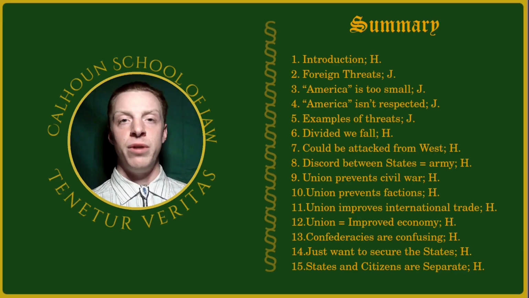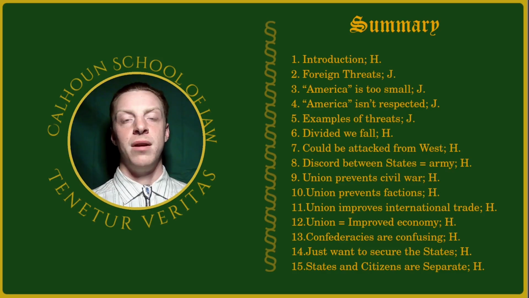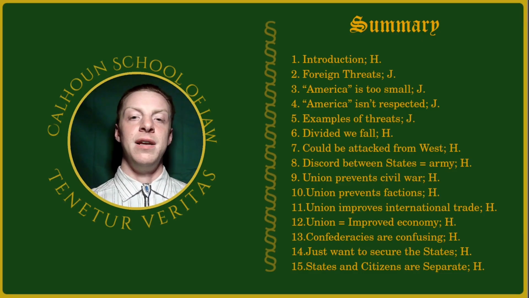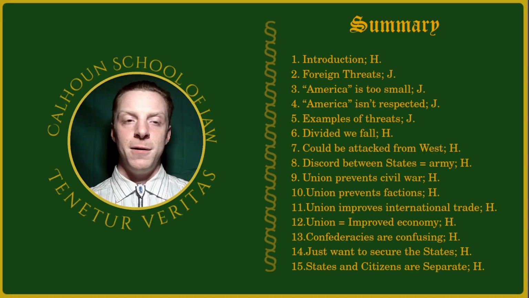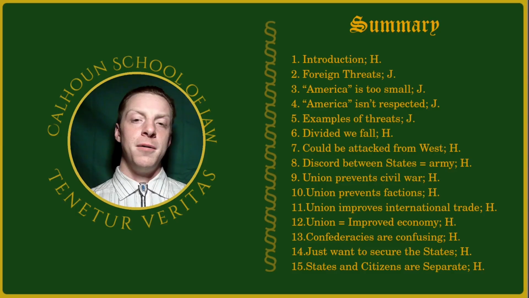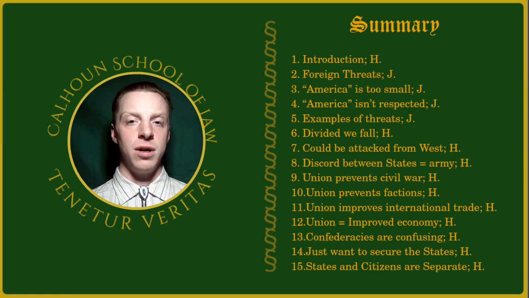Next, number 3, which is written by John Jay as well. America is too small. He was arguing here that the new government would provide an avenue for garnering respect for America, for the United States, for the 13 states, for the 13 colonies. He said if we continue on this path of division of independent state sovereignties, foreign nations not only won't respect the Union, but we would also be an easy target.